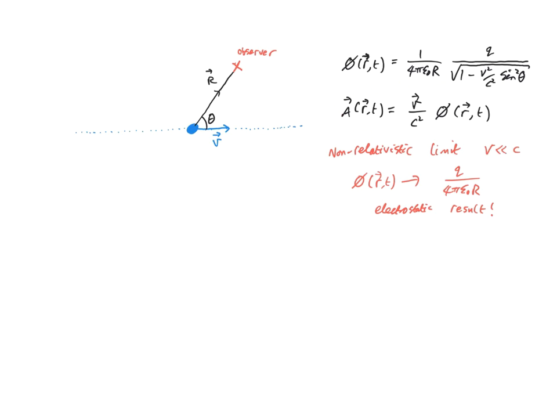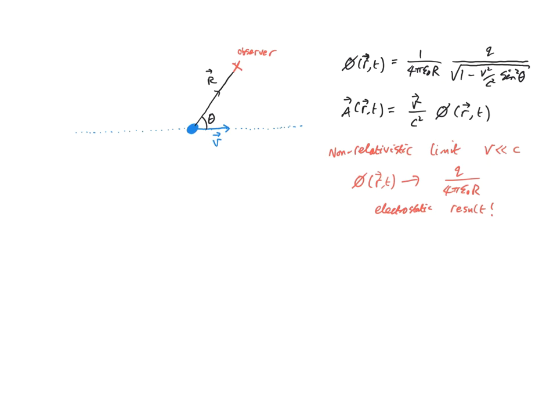In the non-relativistic limit, though, when v is much less than c, the magnetism generated by the moving point charge becomes very small. So what else can we do with these potentials? Well, obviously, we'd like to know the electric and magnetic fields from these potentials, not in the non-relativistic limit, but in the general case. And we can do that by simply using the usual expressions for the electric and magnetic fields expressed in terms of these potentials,